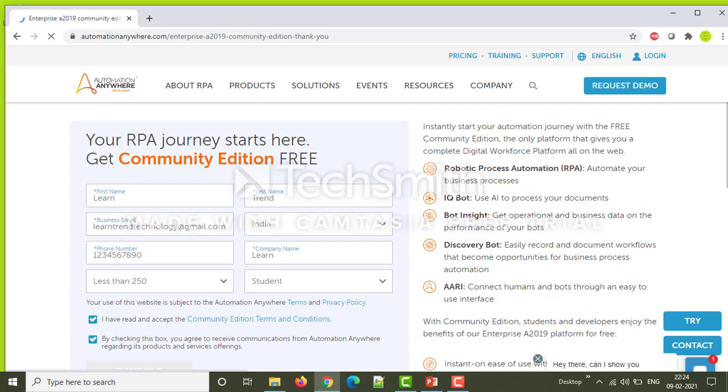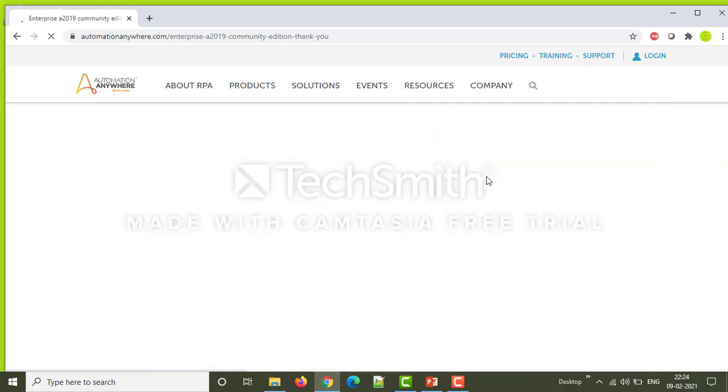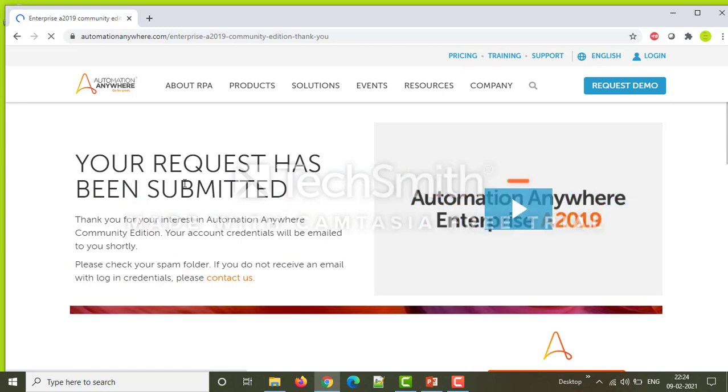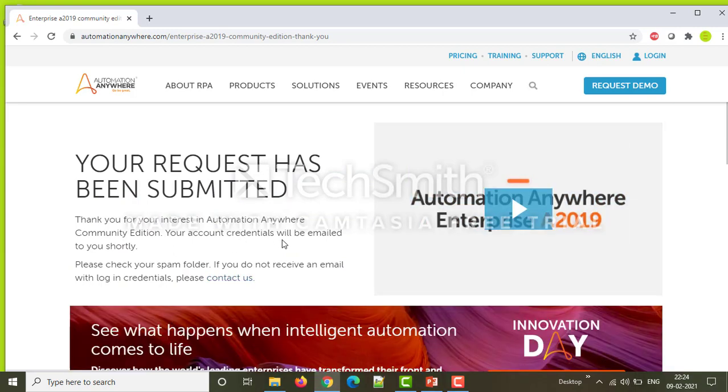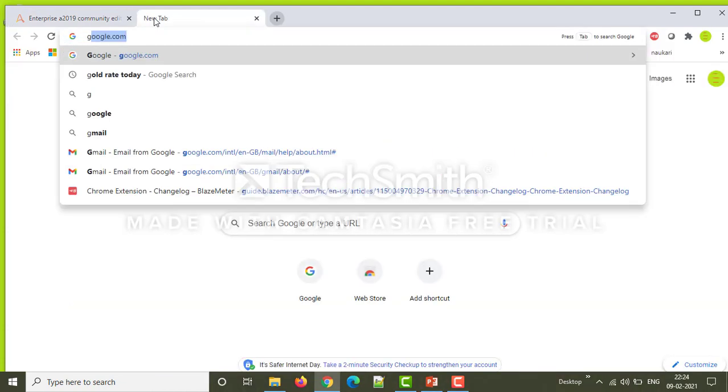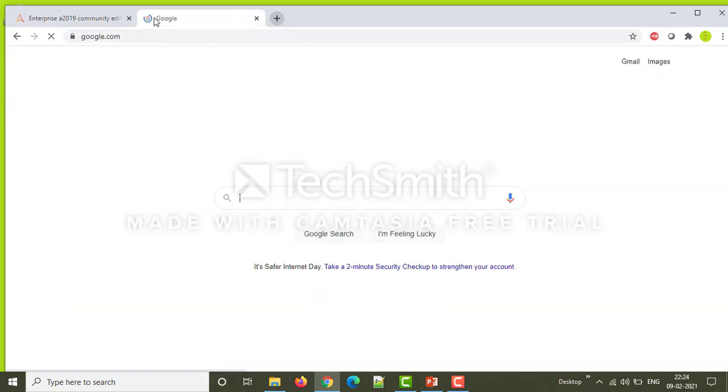So you can see here the free community edition which contains the platform. The request is submitted and the credentials will be emailed to you. So you can just open and see whether you got the credentials.